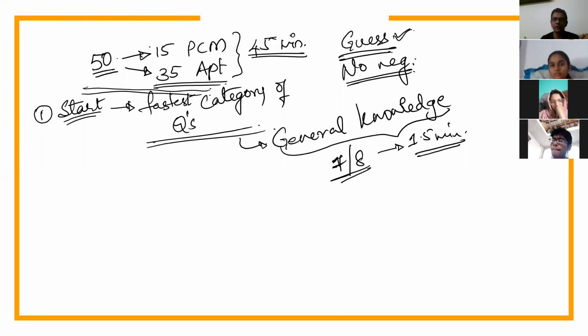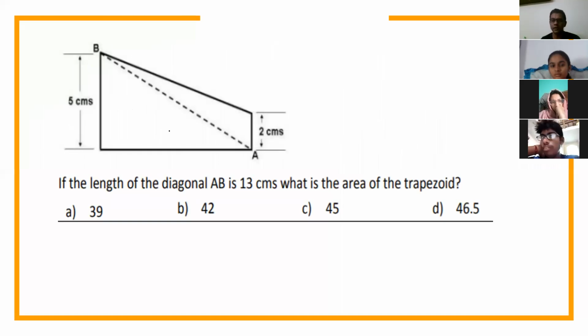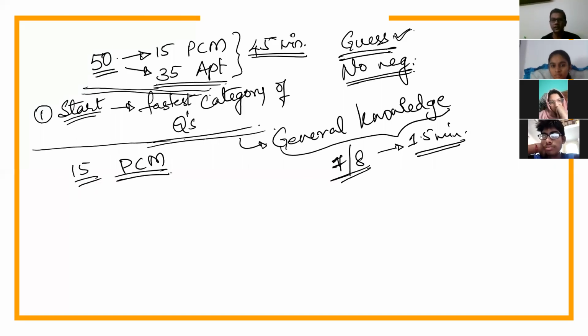So let's look into this. You're all maths guys, right? You're science background people, so your basic math should be good. If there are 15 questions coming from PCM, which is split into 3 categories, what does my math say? That from every category, there will be approximately 5 questions coming.